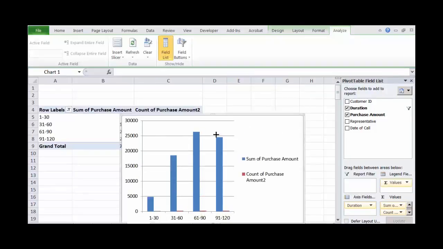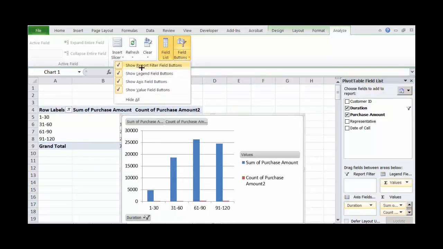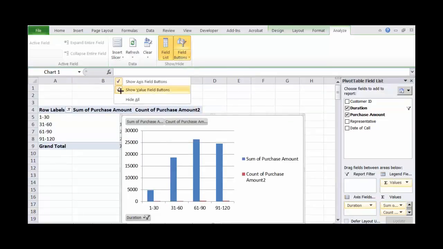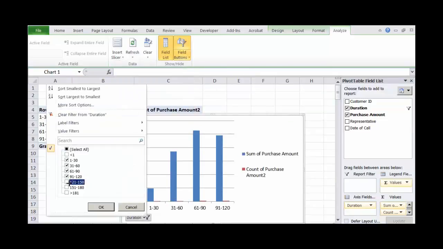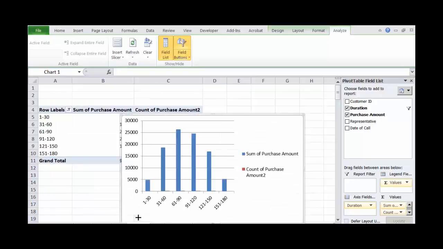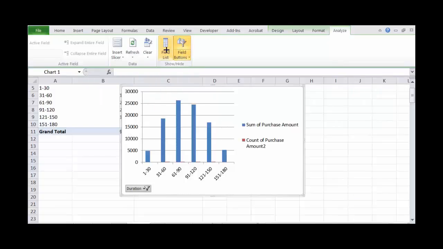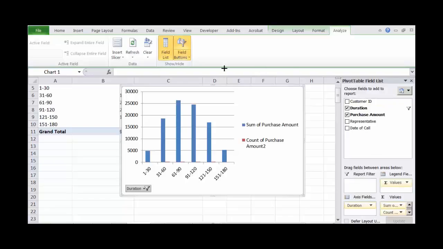So you now have a much better way. If you want to add any field, let's say you want to add only duration, and you want to have that capability of changing, you can use this duration filter over here and keep on changing. It is up to you. Note that this field list is showing these values. So that is the idea. And you can refresh.